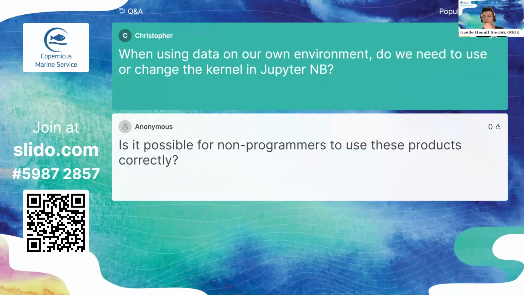A question from Christopher: when using data in our own environment, do we need to use or change the kernel in the Jupyter notebook? I don't think so. You probably will need to install a new environment, because obviously the environment we are working with contains